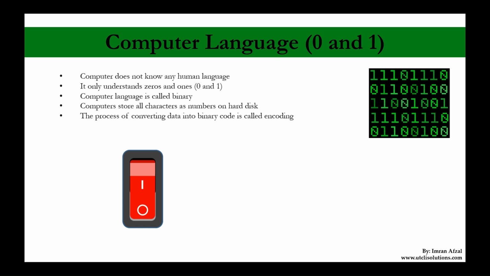Now, where do that 0 and 1 come from? Your computer runs on electricity. If you unplug the power or if the battery of your laptop runs out, your computer will shut down, right? So to transmit and save data, the computer actually uses 0 and 1, and that 0 and 1 concept came from electricity. 0 means off, and 1 means on.